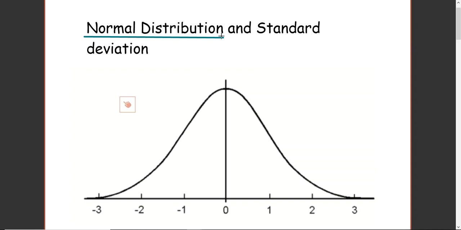So what they do is they mark them all, they work out all their results, and what do you think the distribution would look like? Like that, yeah? You'd get lots of mediocre scores, not very many really high ones, not very many really low ones. And this line here represents the mean. So they work out the mean score. That's where the majority of people will be.